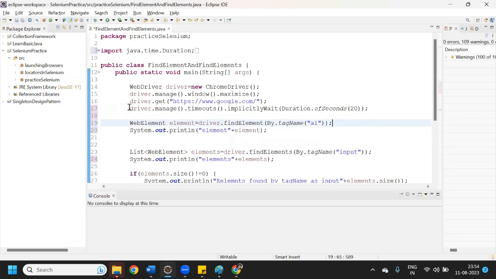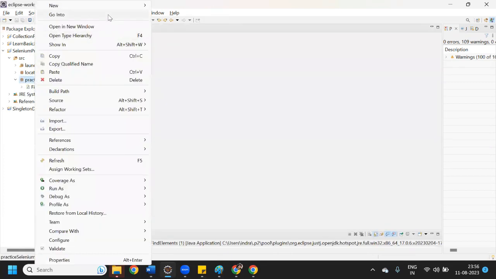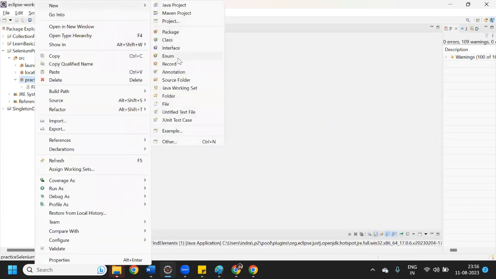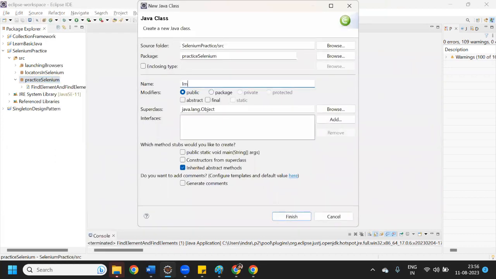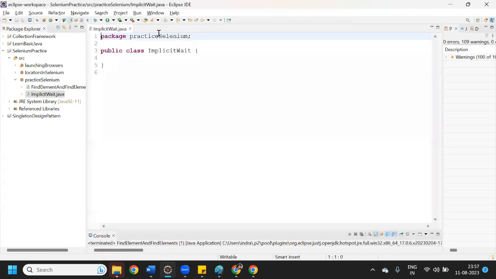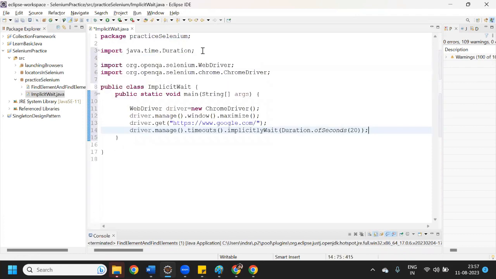So this implicit wait is solving our synchronization problem. Let me create a separate class for this implicit wait. Create a main method and I will copy. See, I have created a class with the name of this implicit wait, and then I am launching a browser